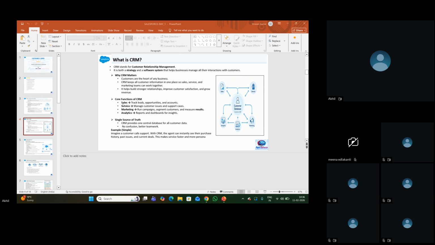At the moment when the lead is converted into a customer, we'll generate data for the lead with three records. One is called account, contact, opportunity. This part we'll discuss in detail. Sales, marketing cloud. Salesforce is one central database for all. Imagine to see their purchase histories. So this is all.